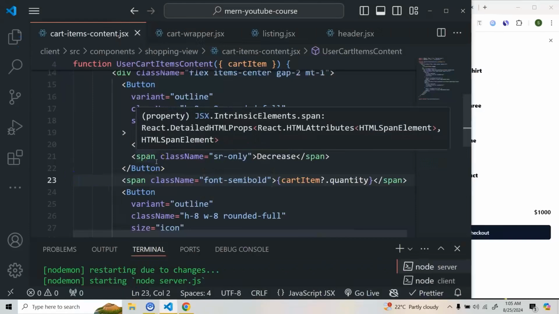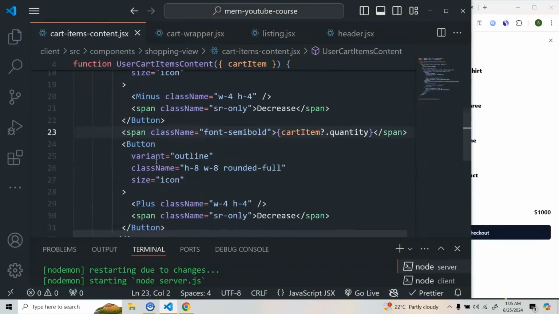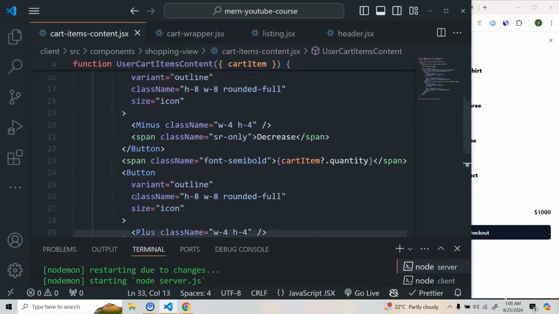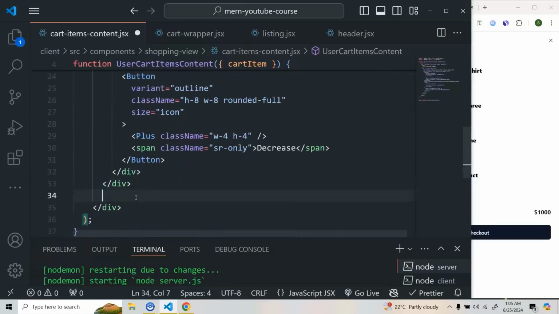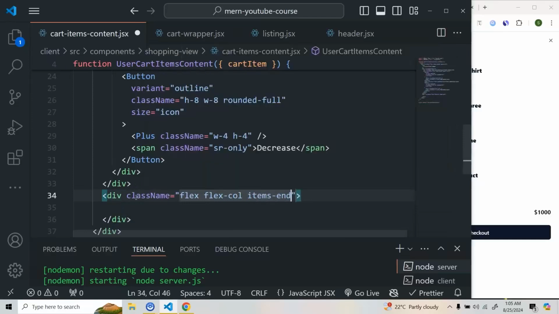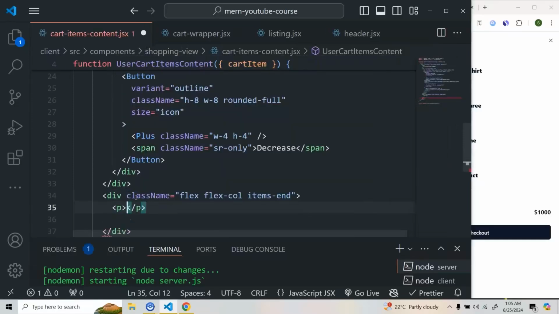Now after this part, here we'll add one more div. We'll take a class name, we'll do flex of column and items end, and after this we'll take a paragraph,